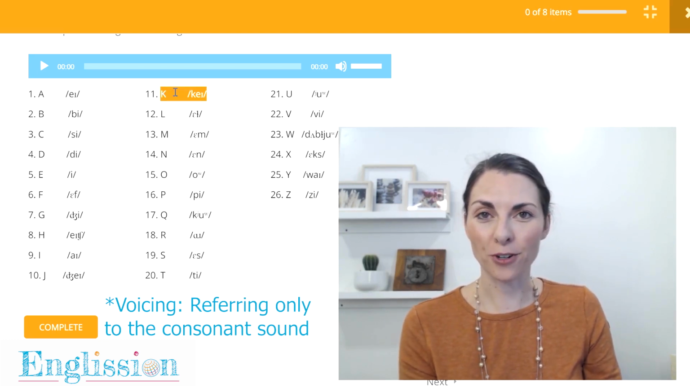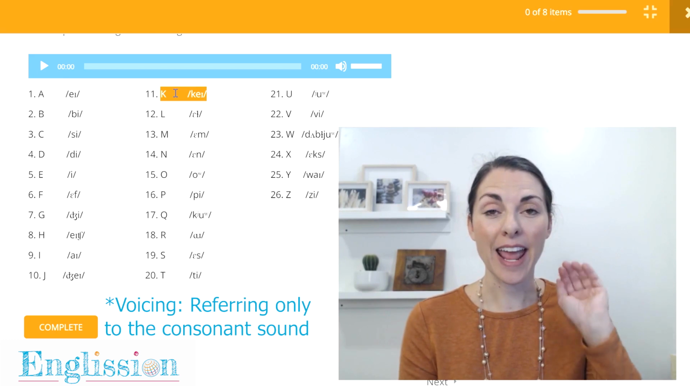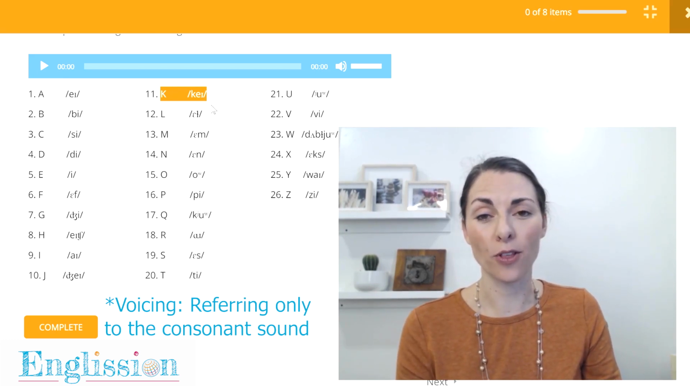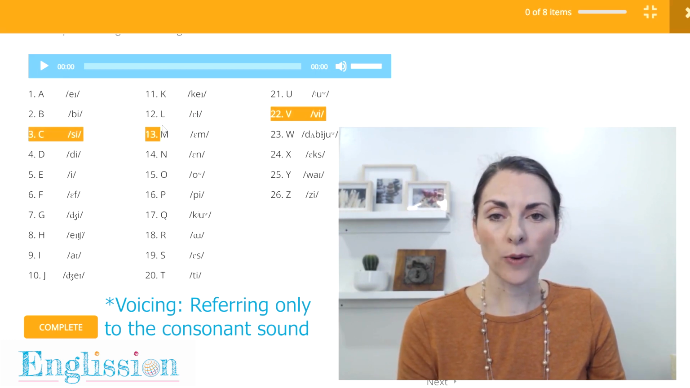When we say the name of the letter K, we also, again, have that A sound we have in many of our alphabet letters when they're named. Here we have L,